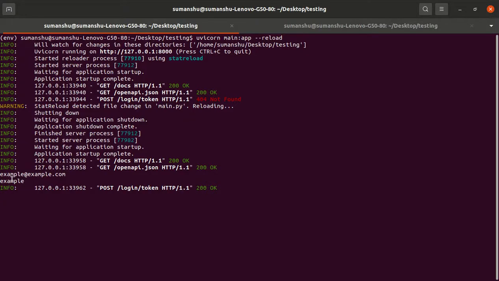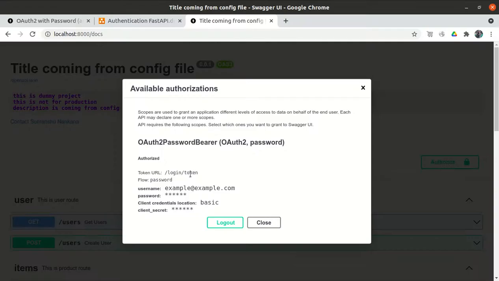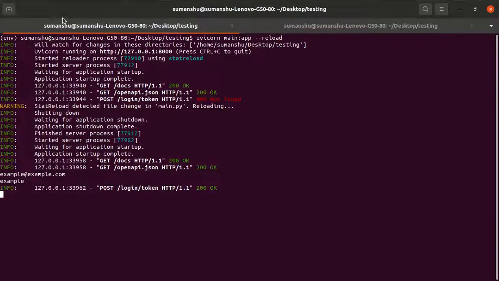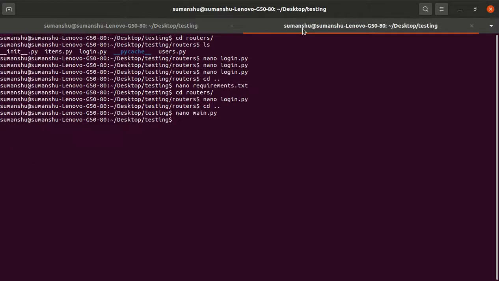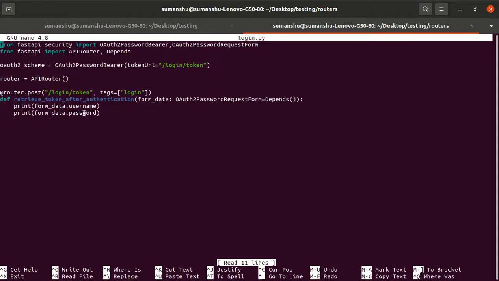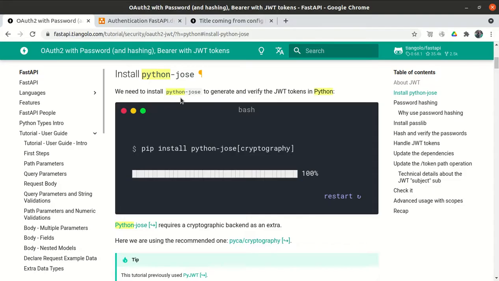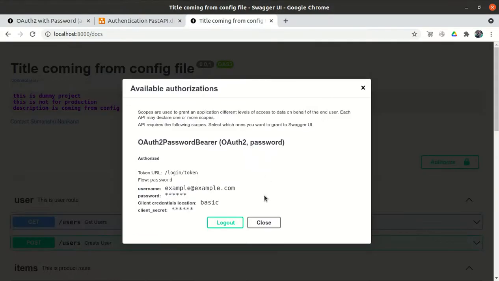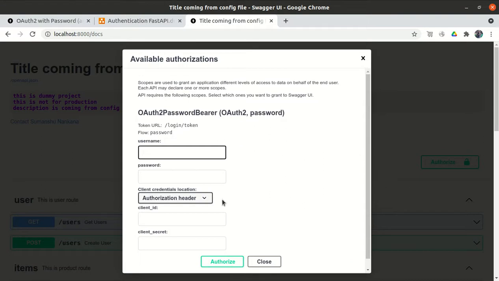And when I print that, it is fetching the username and the password as well, right? Because in our code, where is our code? cd routers, nano login. In our code we are printing, because we are accepting the form data. So what is the form data? Let me log out. Form data is basically this information, username and the password.